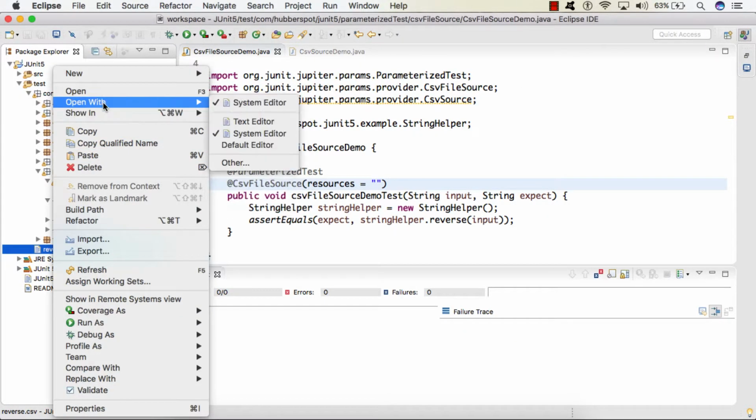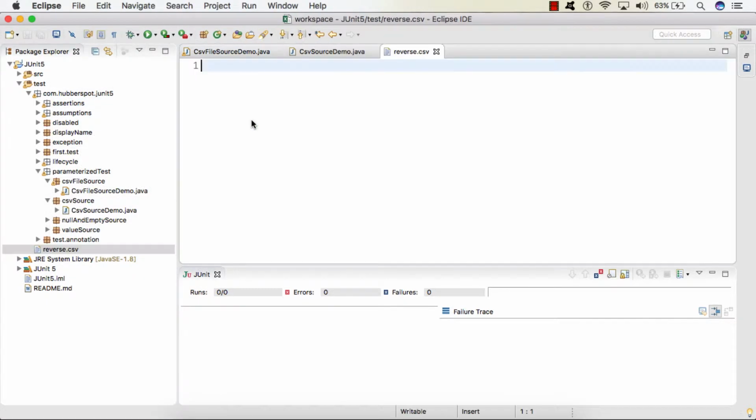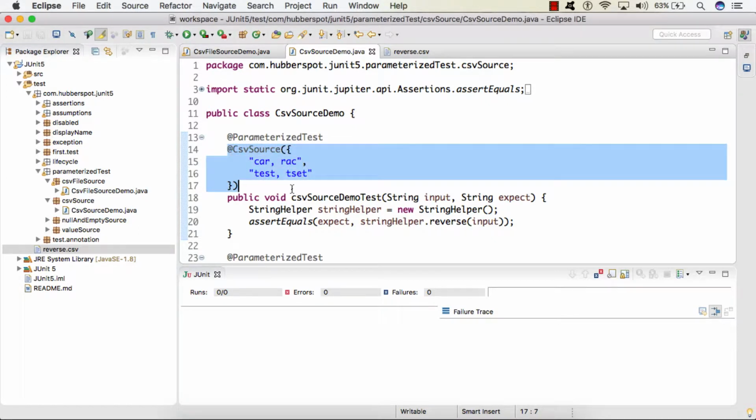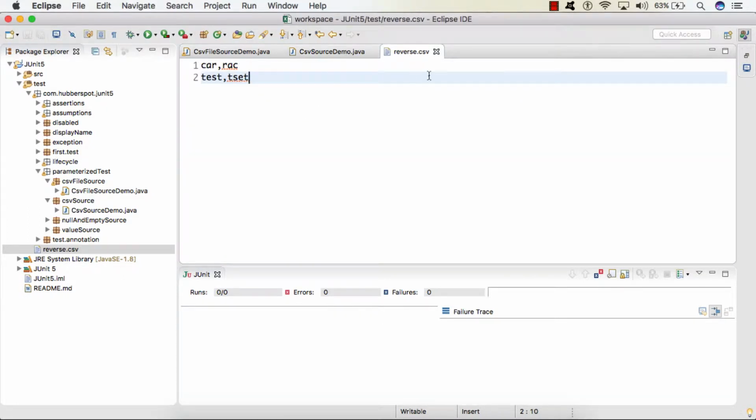We'll simply open this file and let's say we provide two values, say car and its reverse, and let's say test and its reverse. So this data is exactly the same as what we discussed in our last lecture. The only difference is, instead of providing this data directly in our code, we are providing it through the CSV file.